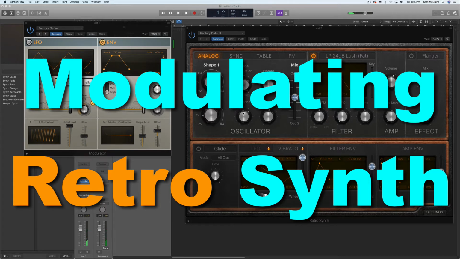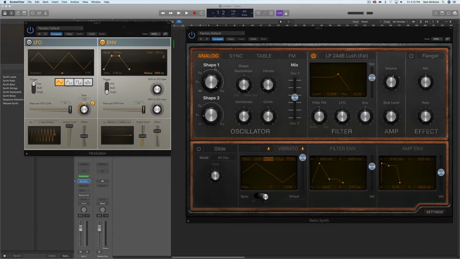Okay, we're taking a look at RetroSynth today, and I've been trying to figure out ways to expand this. I really like this synth. I think it sounds pretty great. I like the features, but it's not what I would call one of the most flexible or modular synths out there, meaning we can't just, in and of itself, combine a lot of these different places to